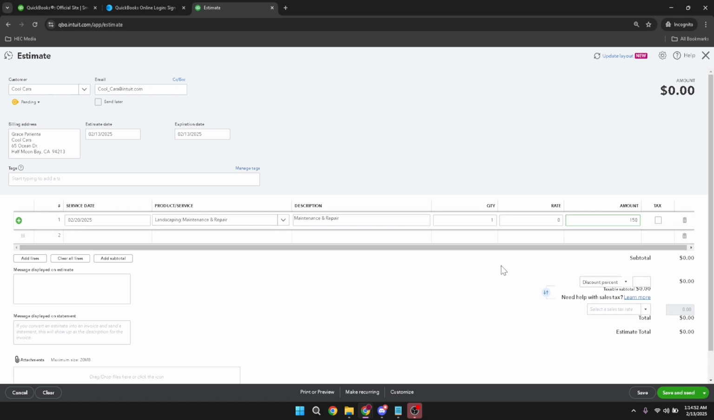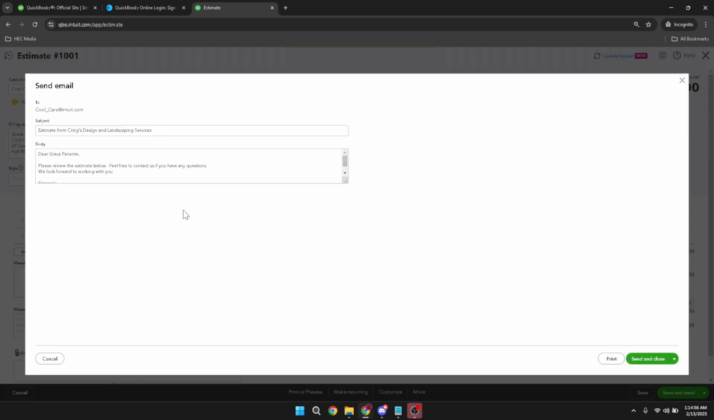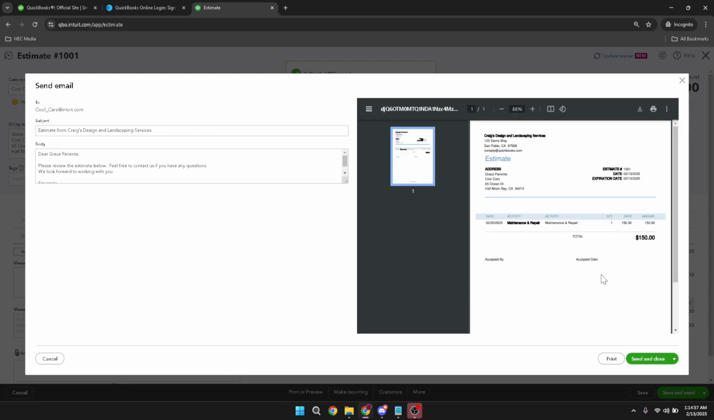Before hitting send, you can personalize the email by adding a subject line and a message body. Crafting a thoughtful, clear email message can make a big difference in how your proposal is received and understood by the client. Finally, once you're satisfied with the content of your email, click send to deliver your estimate. And there you have it, an estimate sent through QuickBooks that your client can review, making your business operations smoother